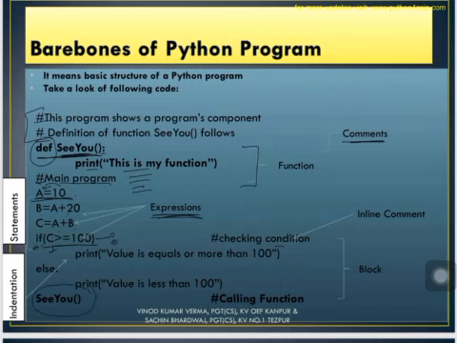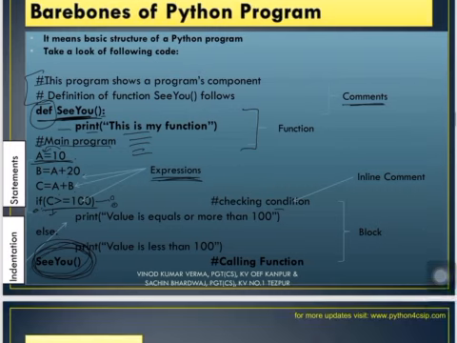Now see the point here. This is called the calling statement. The function that we have defined, this is the body of the function. The body of the function will tell you what the function is going to do. The basic concept of a function is that it performs a specific task. So the task you want your function to perform is defined here. And when you want to call your function, we need to write down the calling statement. So this is a calling statement. You can write down just the name of the function followed by round brackets to invoke it. We'll do the functions in more detail after this chapter.